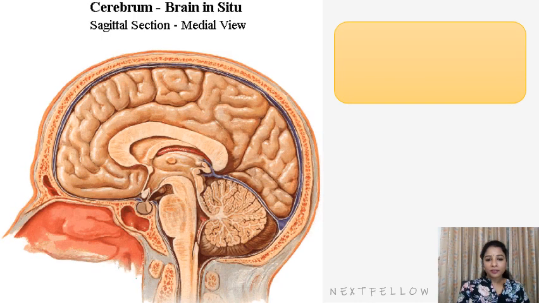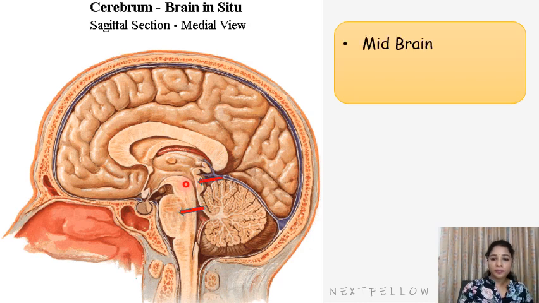So brainstem, we know that it is a stalk-like part of the brain which connects the spinal cord to the forebrain, and which extends from the posterior commissure to the lower part of pyramidal decussation. So above the lower part of pyramidal decussation it is considered as brainstem, that is present just above the foramen magnum. So here we can see this is midbrain, pons,